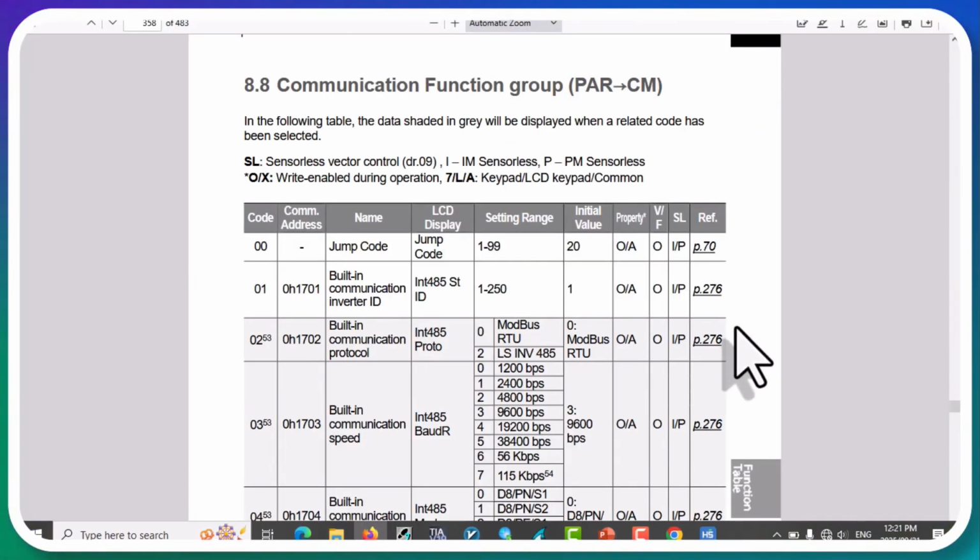Okay? To configure the network-related parameters on the S100 inverter according to the manual, we need to enter the CM group, which is the communication group. These are the parameters we need to set for the RS-485 network. The first parameter is the inverter ID or station number. To set the station number on the S100 inverter, we enter the CM group and specify the station or inverter ID in parameter 1. The second setting we need to do is in CM2, where we select the protocol for